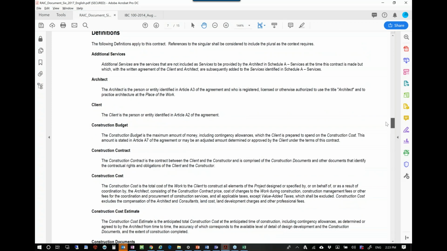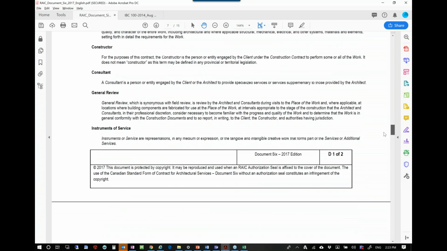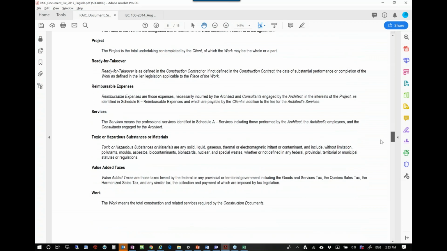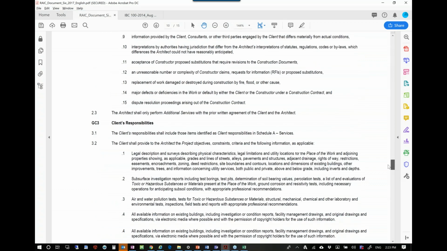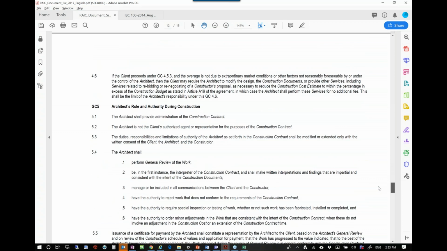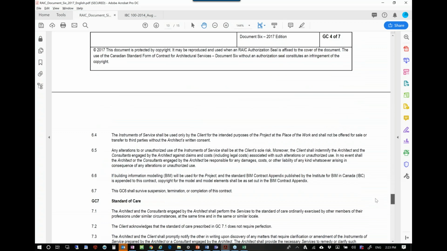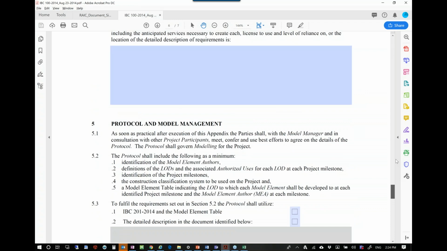And as I said earlier, notice they don't even have a BIM definition here, right? So BIM is in here, but there's no BIM definition. And then the only mention of BIM is in that one clause that is right over here, saying if BIM is done, use the contract appendix. Okay? That's it. And imagine somebody not knowing what BIM is. How would they even know what this clause means, right? Hopefully they'll say, oh, maybe I should check out the contract appendix. And then when you get here, as we talked through,